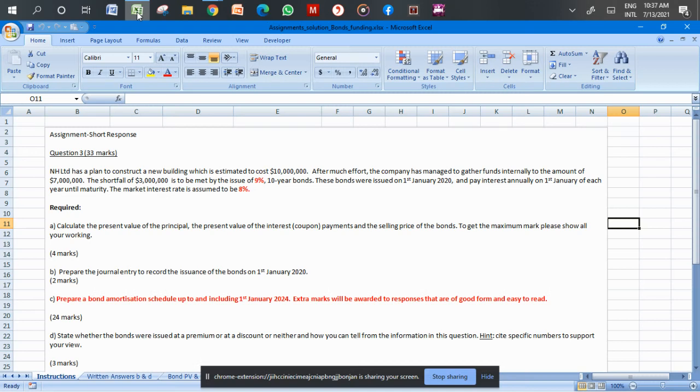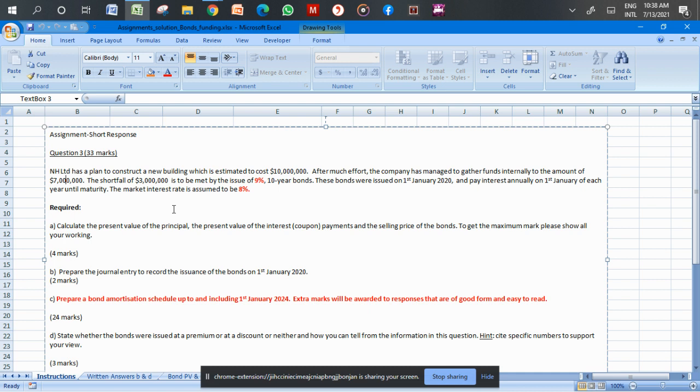Okay, so today I'm going to cover the valuation of bonds. The question says NH Limited has a plan to construct a new building which is estimated to cost 10 million. After much effort, the company has managed to gather funds internally to the amount of 7 million. The shortfall of 3 million is to be met by the issue of 9%